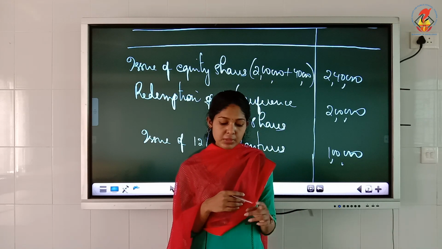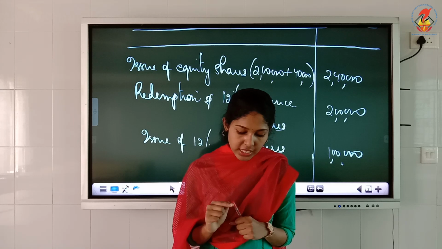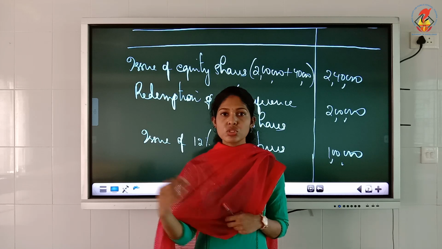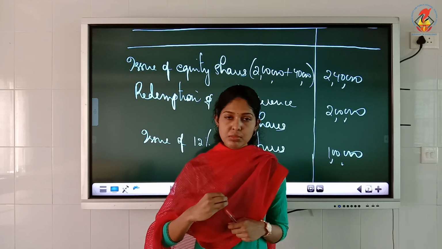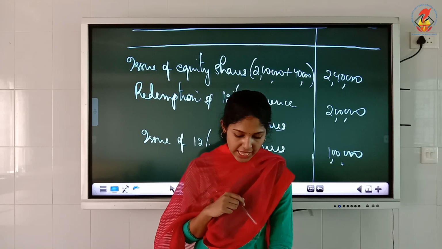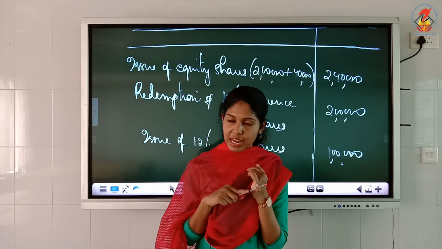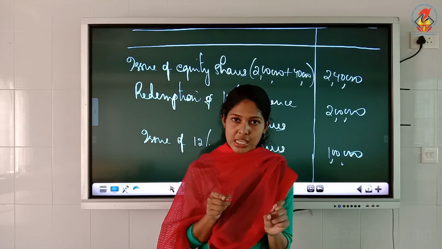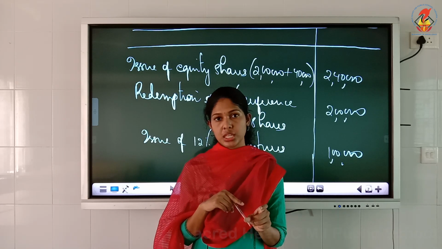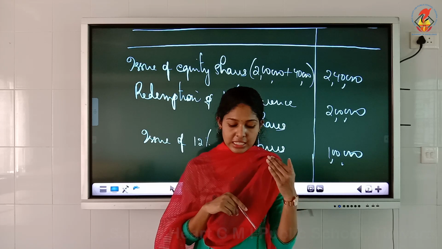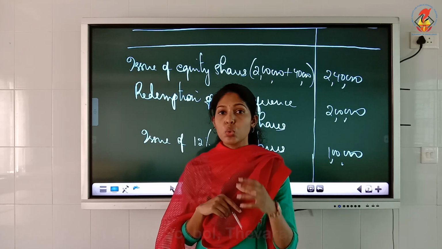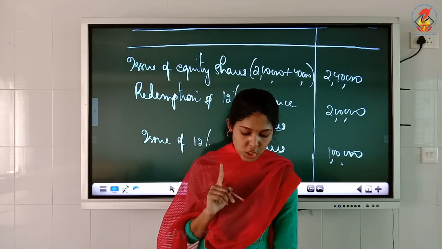First one, interim dividend on equity shares at the end of current year was paid at the rate of 15%. So we are going to pay interim dividend on equity shares, and the rate is given as 15%. For equity shares, we have 2 figures, opening 7 lakhs, closing 9 lakhs. The question is, on which figure will you compute this 15%. For that, they have given a hint: we are paying at the end of current year. This year ending we are paying, and you read adjustment number 4,